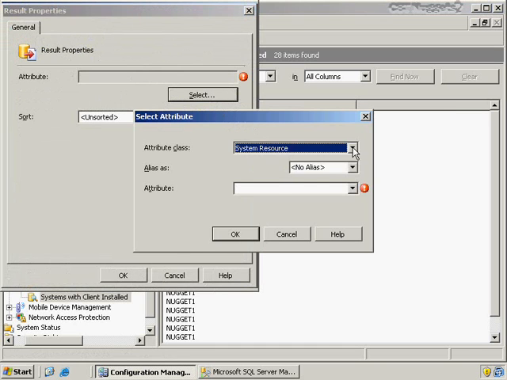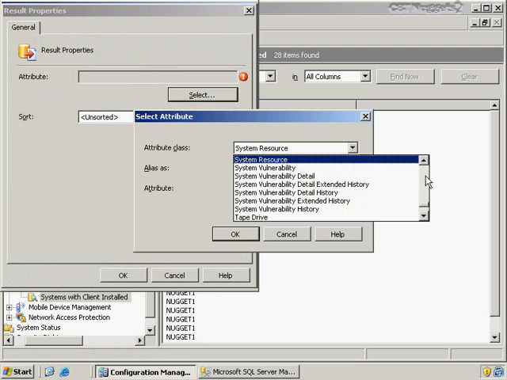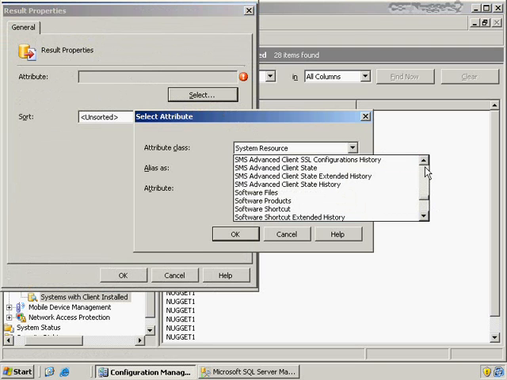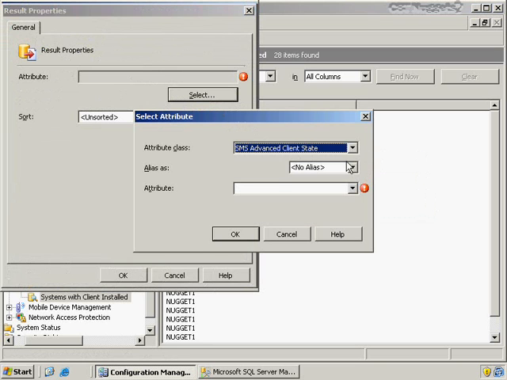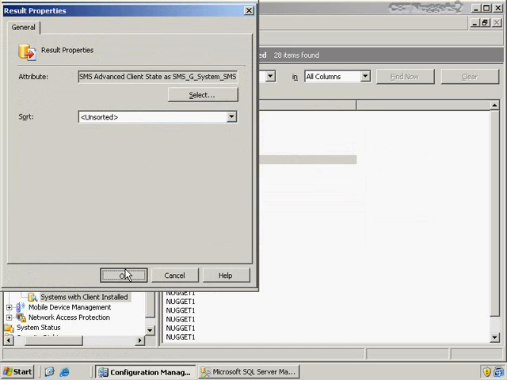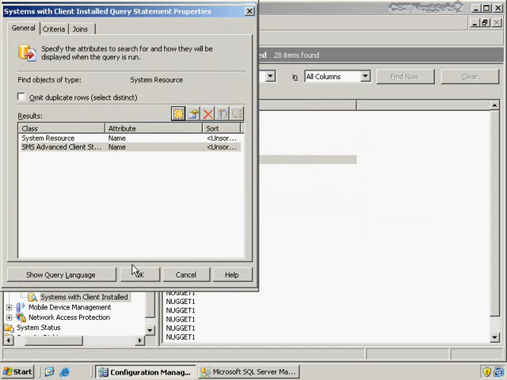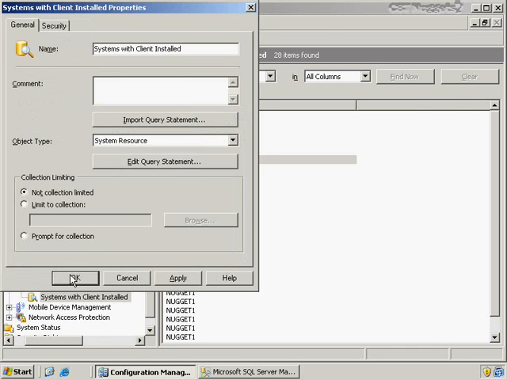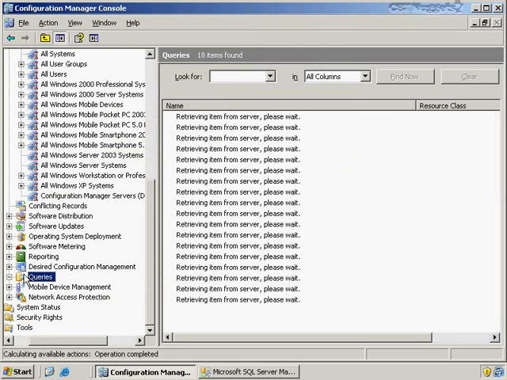What I want to find out now is not only from the system resource, but I also want to find out from that other resource that we were looking at before, SMS Advanced Client State. And we want to say what the name of it is here, because this is going to provide us more information about what data is being pulled and why we're seeing these duplicates. If I click the OK button and OK again and refresh the query,